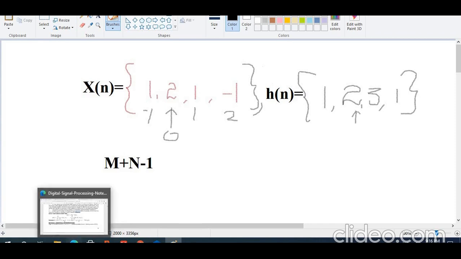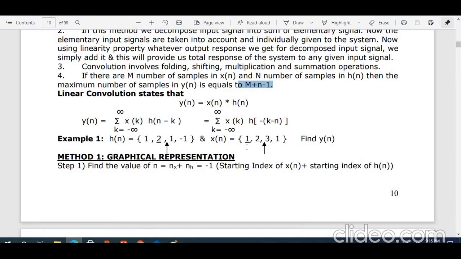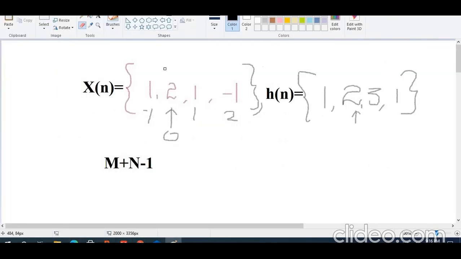If I want to write the arrow mark for this, starting from the end, 1, 2, 3, 1, starting from the first one. So what can I write? The arrow mark is not here, it's starting from the first part. So first let me erase it, because the arrow mark is actually there from the first end. Suppose the arrow mark is here, right? This indicates which position value, students? This is the 0th position, this is the first position, this is the second position, and this is my third position, right? So for that, what am I writing, students? I'm writing this as my m value, right?